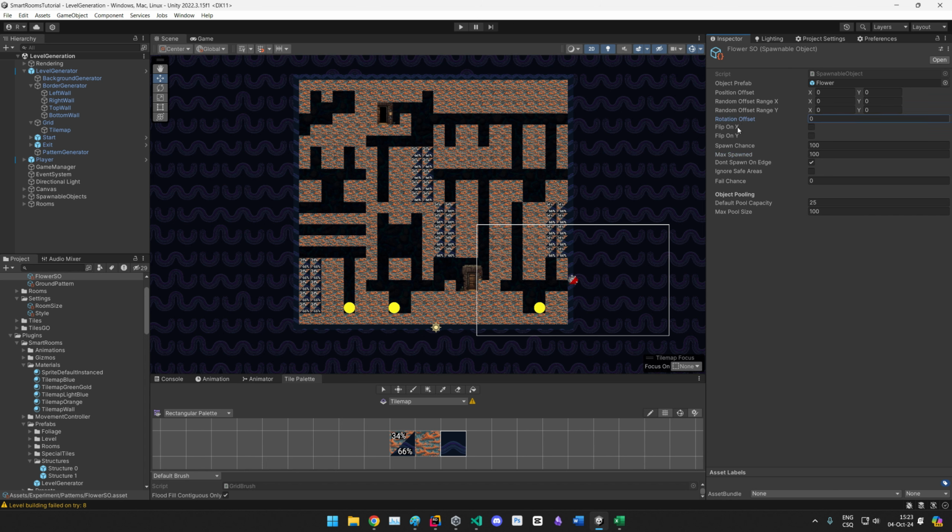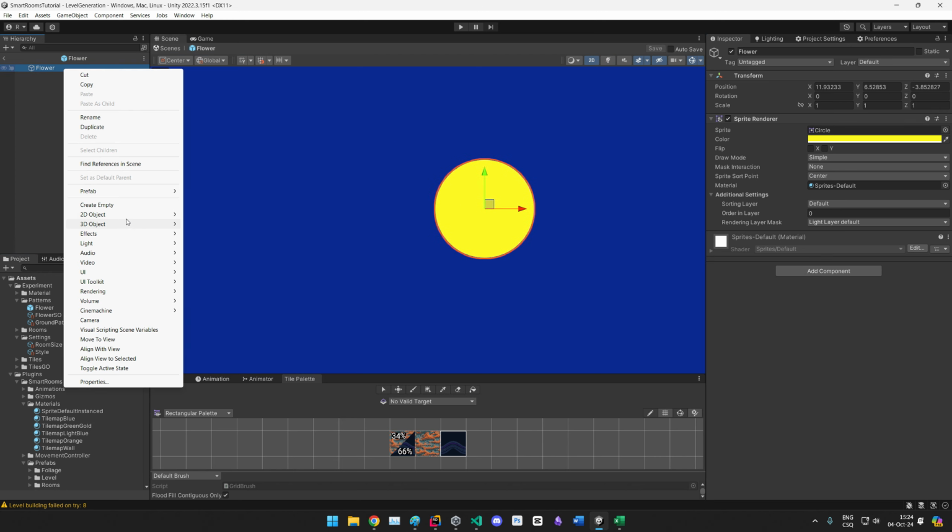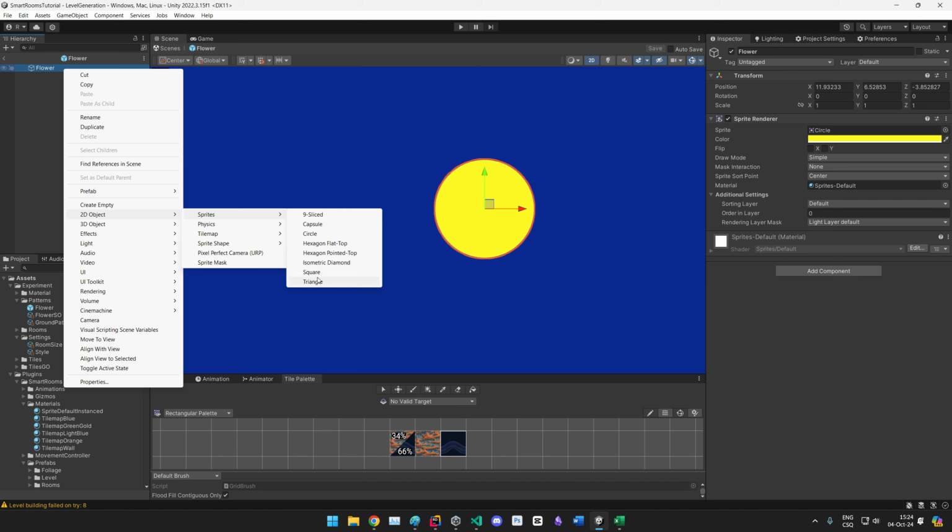Then you can do flip on X or flip on Y. So this will mean they will get randomly flipped. With the flower, it probably doesn't matter, since right now it's just a circle, but we can improve the flower a little bit so that it's actually, let me create a nice